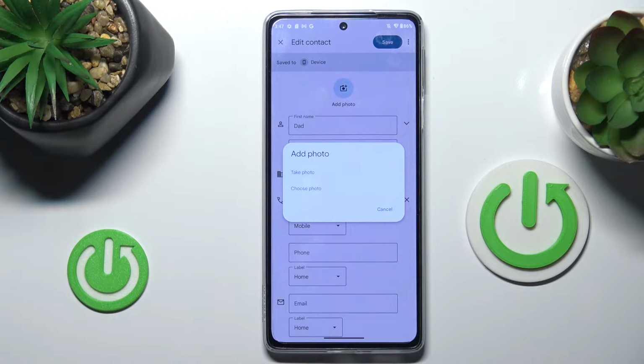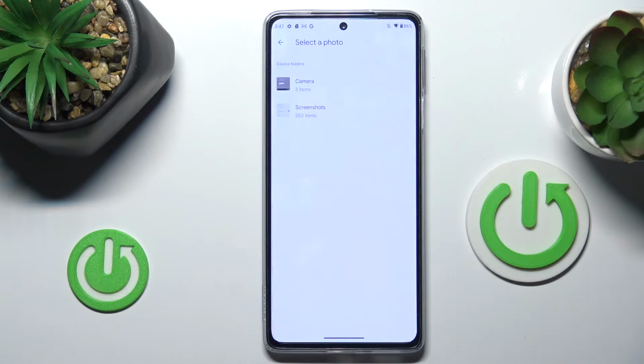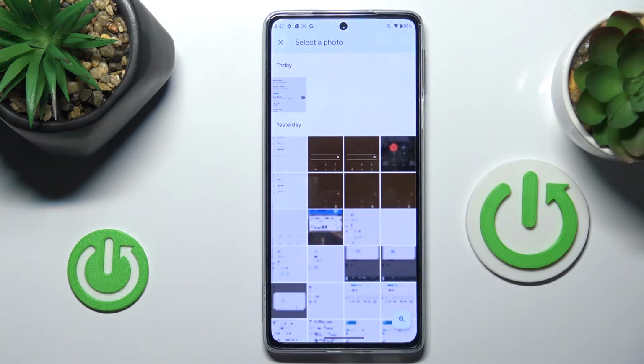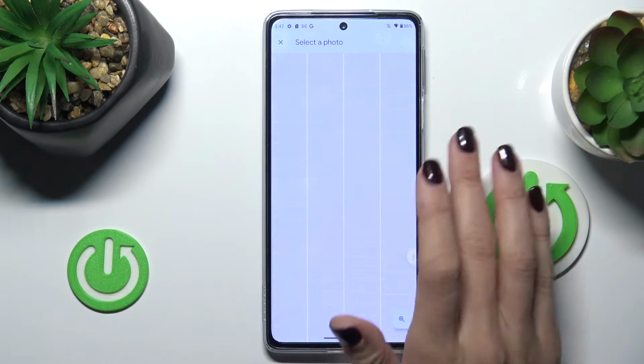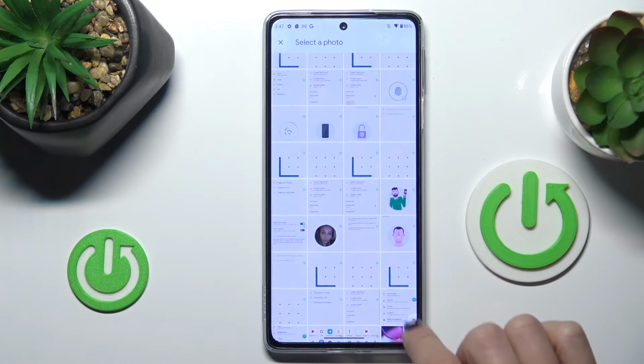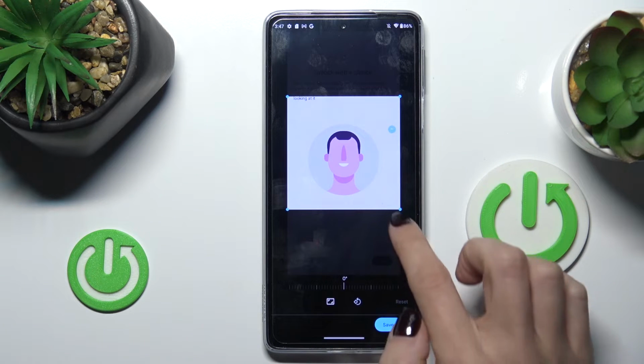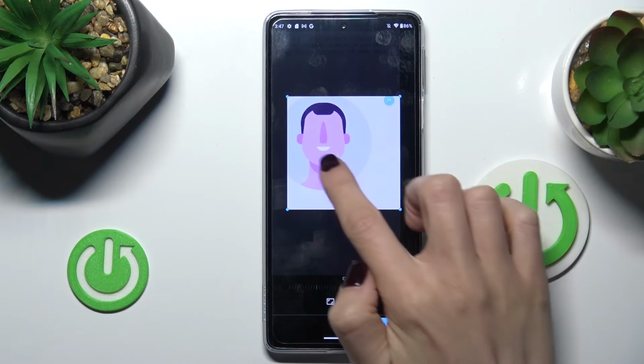photo. And it's time to decide, because you can either take a photo, so you can smoothly grab the picture straight away, or you can choose something from your gallery, so some picture from previously taken ones. Let me find some picture here, for example this one. Then you can crop it,